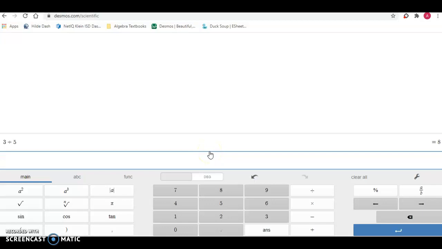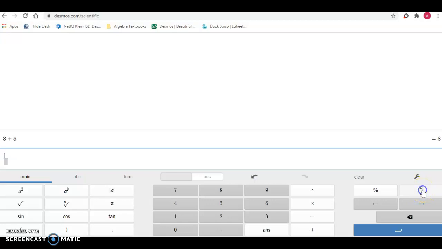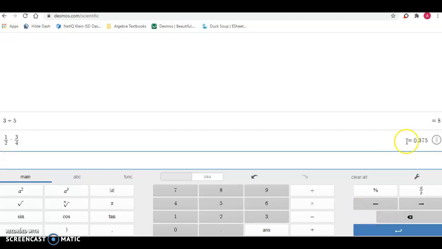Fractions. To enter a fraction, we can come over here to this button where it says A over B. It's just showing us a fraction bar. If I click that, you can see this shows up as a fraction, and I can click, let's do 1 over 2. Make sure you click out. If I keep typing here, it's going to keep giving me stuff in the fraction. So click out, and let's multiply 1/2 times another fraction, 3 over 4. Okay, and if we click enter, we get